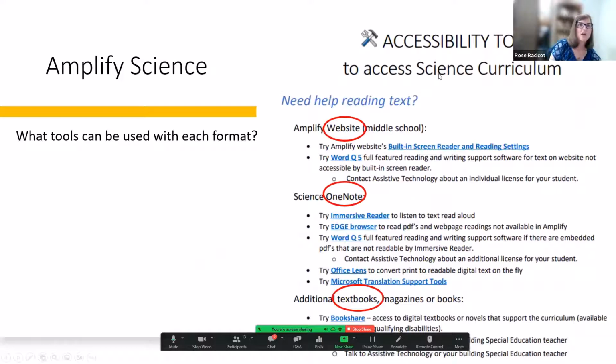I said, okay, so we're looking at accessibility tools to access the science curriculum. And I'm like, all right, so we have the Amplify website. And I told you about that. There's the built-in screen reader. Now, there are some parts of it that wasn't going to be helpful with. And I found out that we had a WordQ5 tool